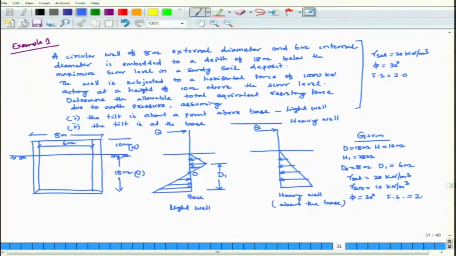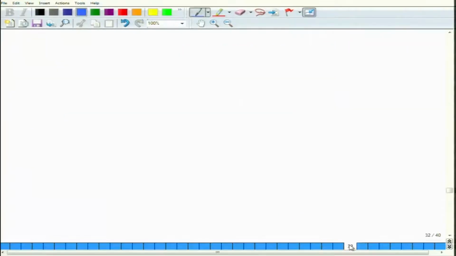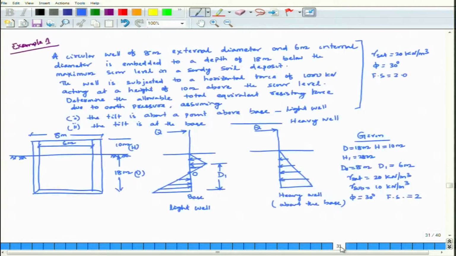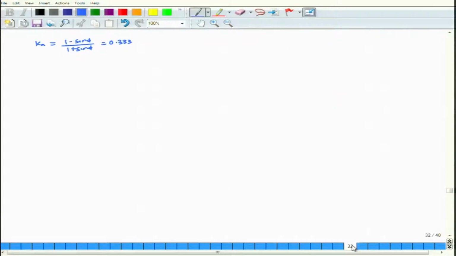Now considering the light well, let us first find out what is the value of Ka. Ka is (1 minus sin phi) by (1 plus sin phi), which is equal to 0.333. The phi value is given 30 degree, and Kp is 1 by Ka, which is equal to 3.0. So, case 1,